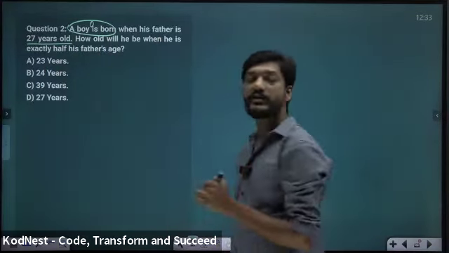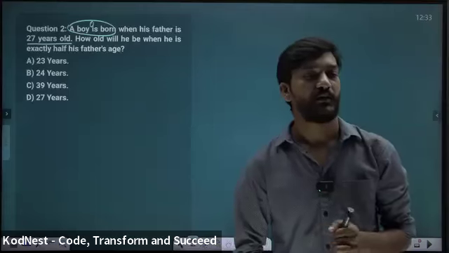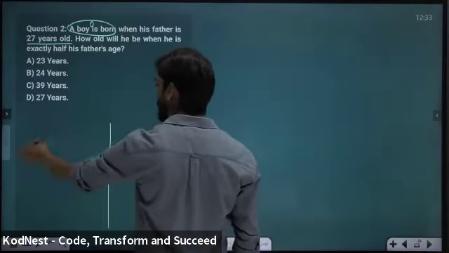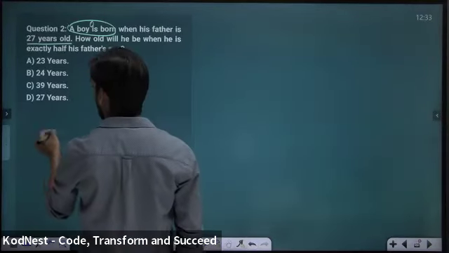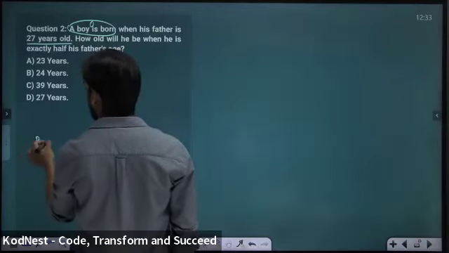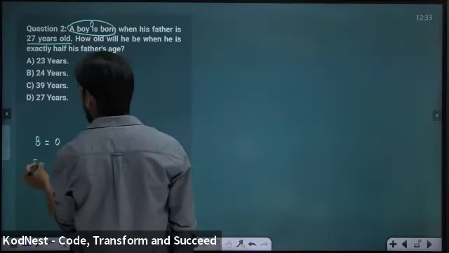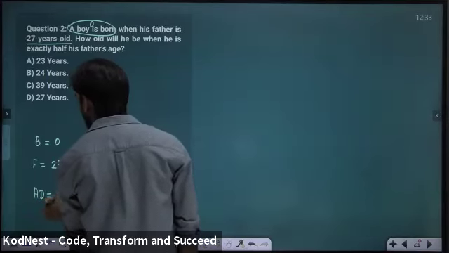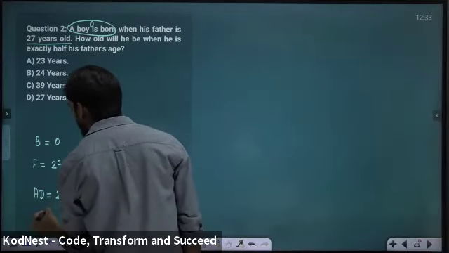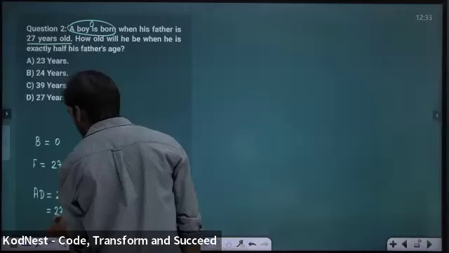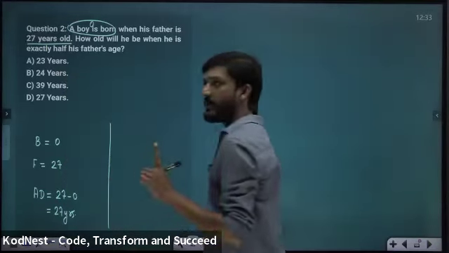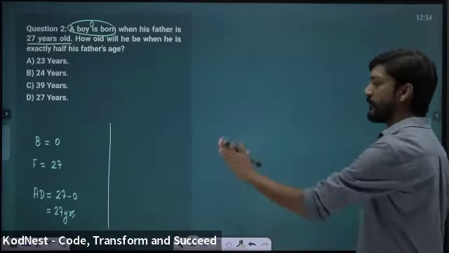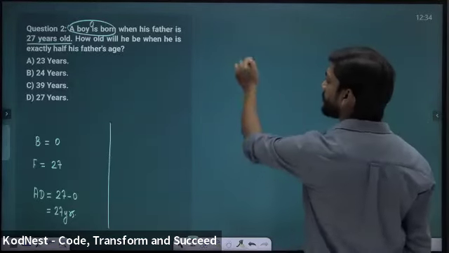So what is the age difference? 27. So one different time. We don't know how much in the past. But when boy was 0, father was 27. This gives you age difference as 27 minus 0, 27 years. Age difference 27 years, and it will never change in the present also, in the future also. So age difference we have got, very important value.